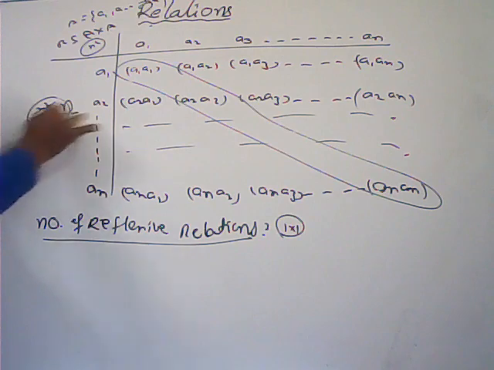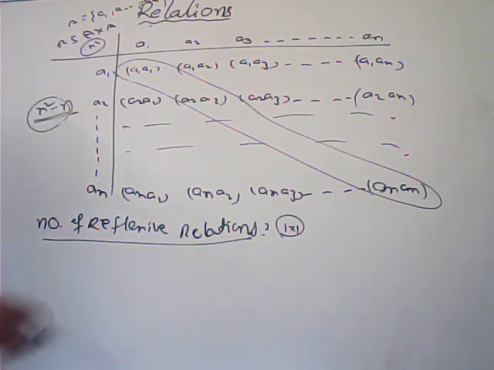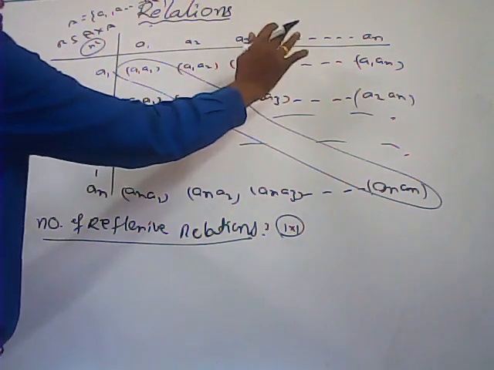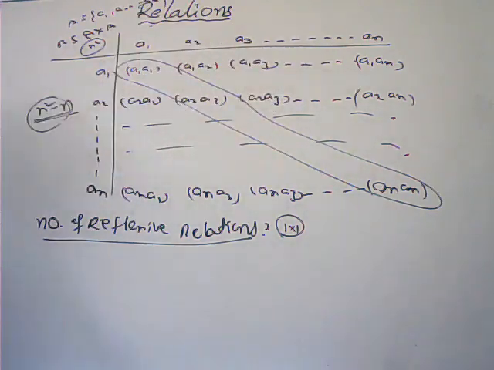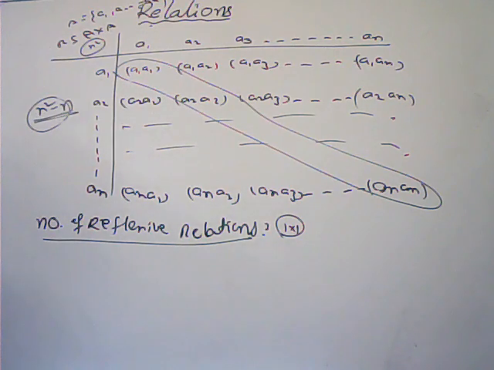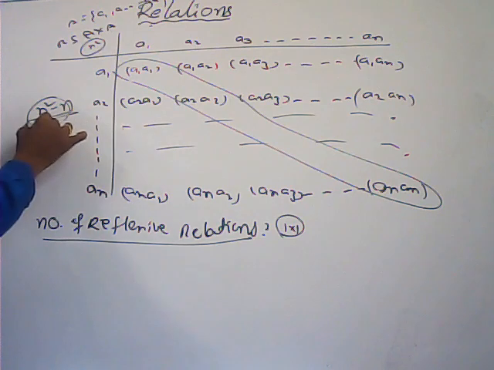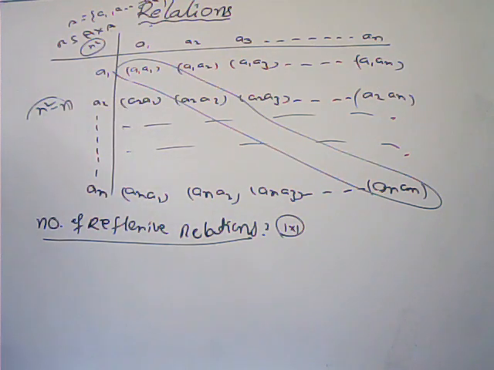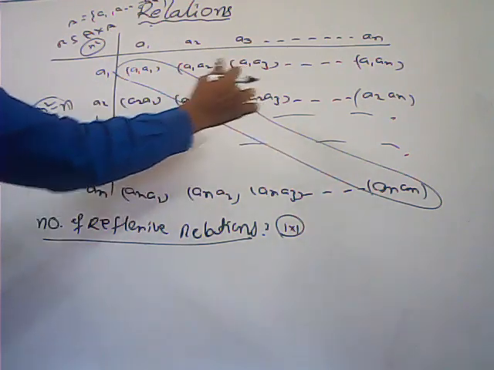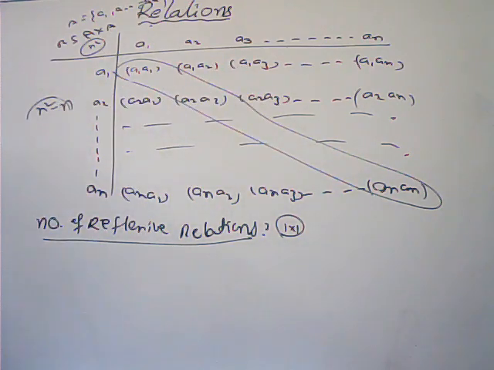I am subtracting all the elements in the principal diagonal. So the rest of the elements, how many are there? n square minus n. This side n square minus n by 2, that side also n square minus n by 2. Otherwise you can keep aside the principal diagonal elements. Total except the principal diagonal elements, the rest of the elements, n square minus n, are there.